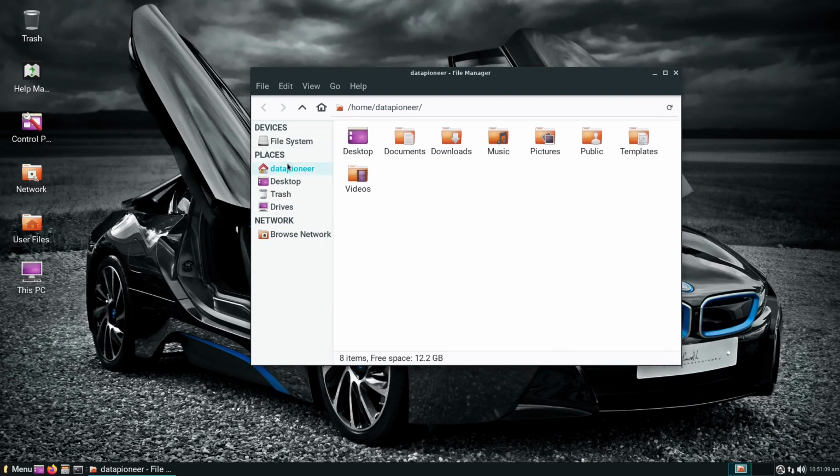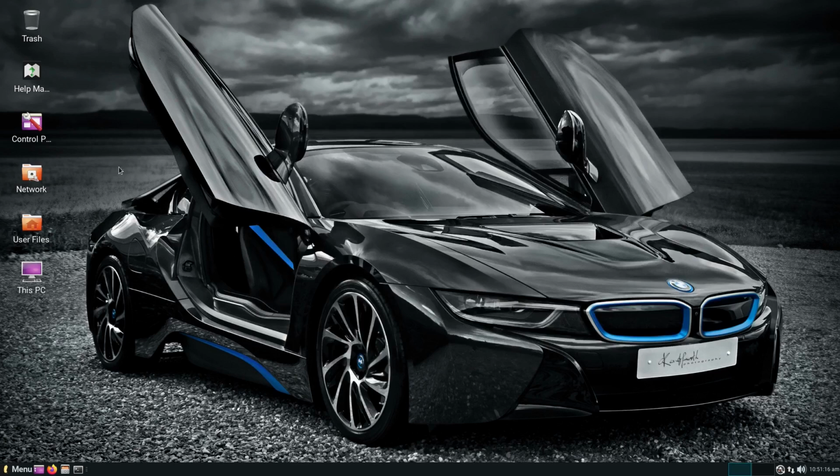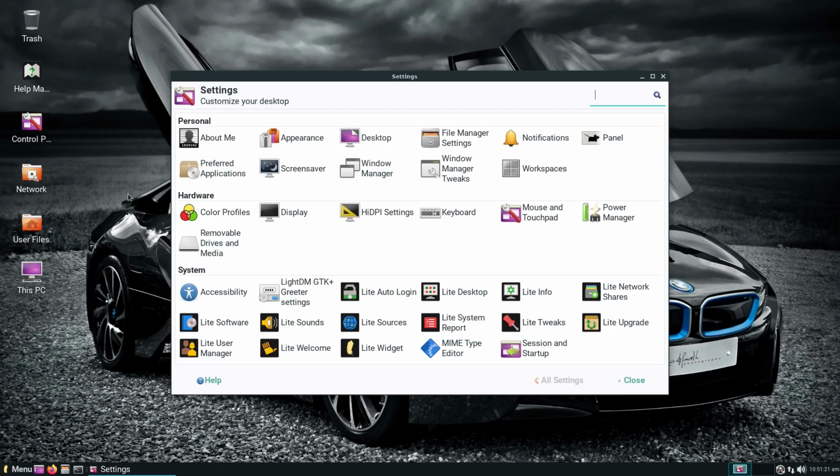All right, so we've got the standard places over here. We've got our standard folders. Looking good. Control panel. I'm interested in this. Let me double click on the control panel and see what we have. Here we go. Settings. If you're coming out of Windows and you're coming into Linux, this would be good because you've got a control panel, which looks not similar to Windows, but it's got a lot of the same functionality. You've got your user accounts, about me, appearance, your desktop, file manager, your panel, preferred applications,